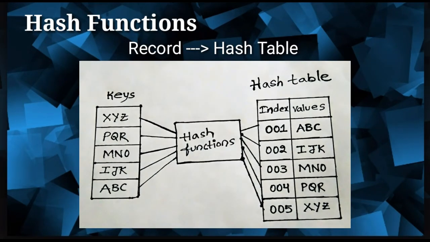You can see an example I have provided on the screen. On the left side we have some keys, a set of alphabets as data. After applying hash functions on that data, on the right side we have the hash table. We are inserting the data elements into this table by using an index as a unique value, which we give to each value. So it will be easy to find any value. In a single comparison we can find the required element.